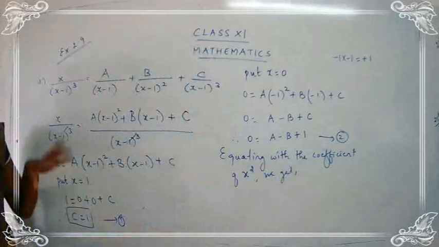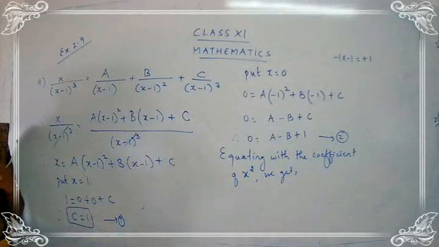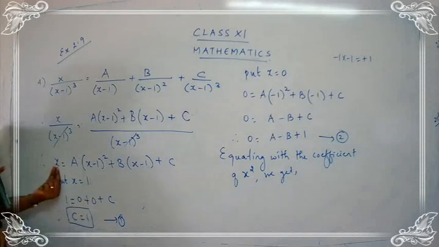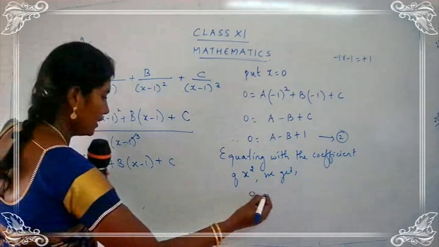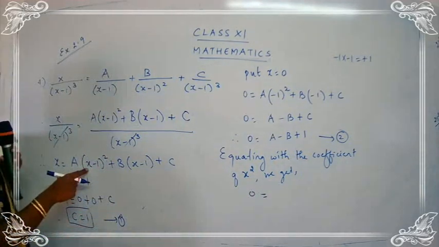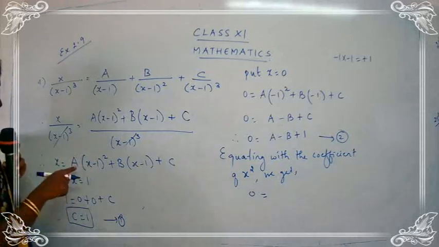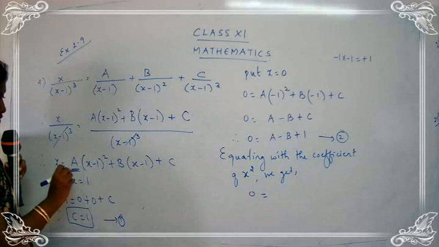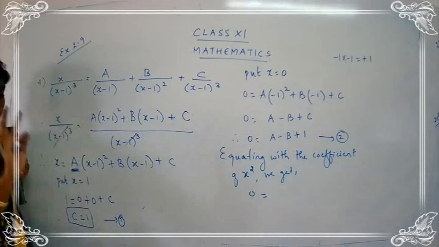Okay, I am just going to equate the coefficient of x square, and other than that term I am not going to consider. So here I have only x, we are not having x square. So this term becomes 0. I will get a 0. Okay. Now a into x, I have told you when you expand it, you are going to get x square. That means you are going to take only the coefficient. What is the coefficient present here? It's a. Do not consider the other numbers.